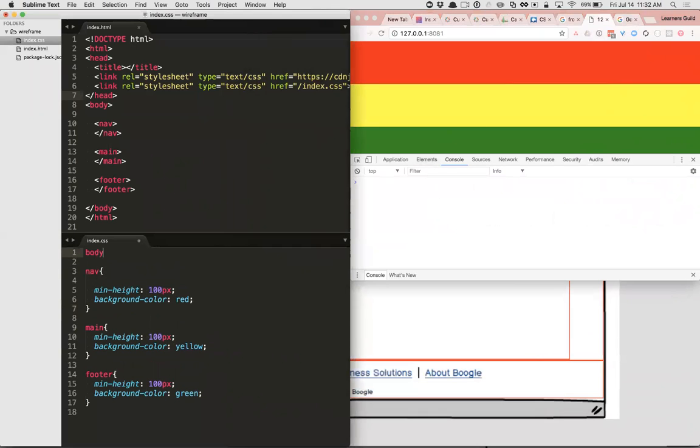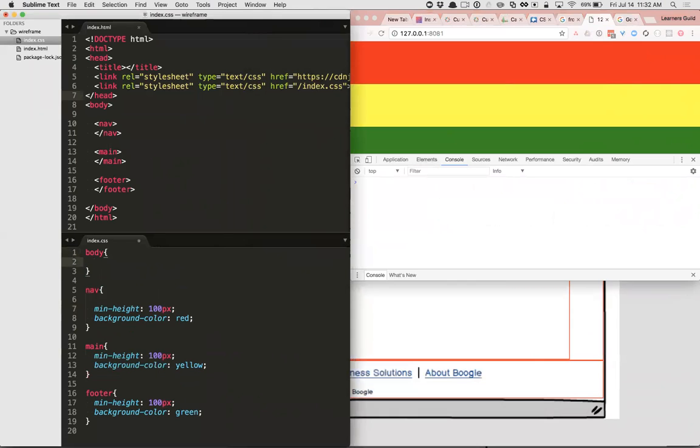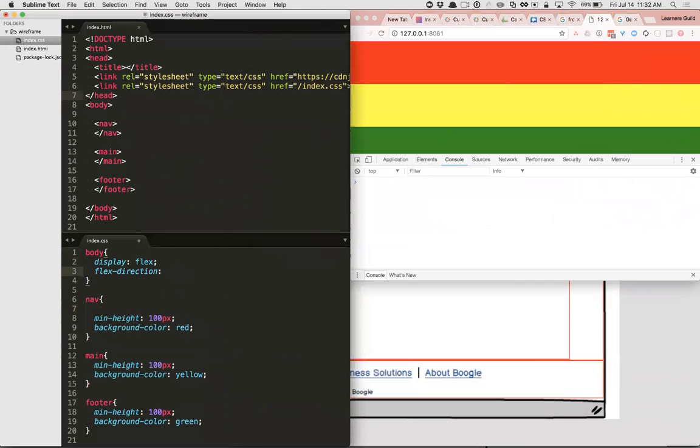I'm going to use Flexbox to get this sticky footer, so I'm going to make the body display flex, flex direction column, right? Because we want them to be rows. And this is not going to grow or shrink.